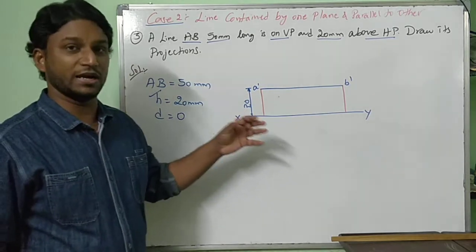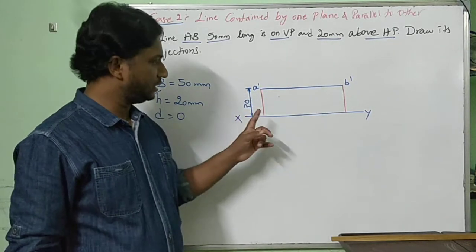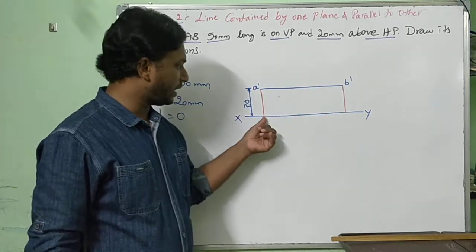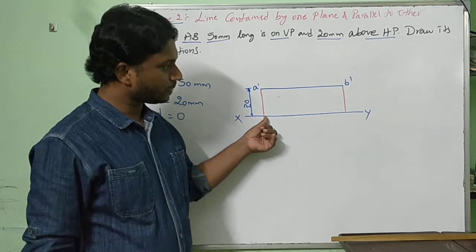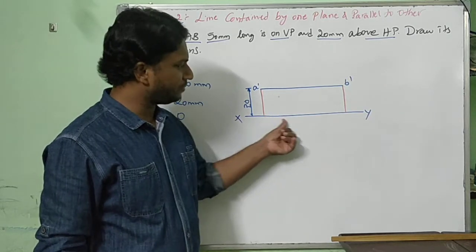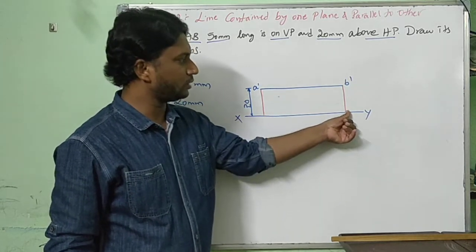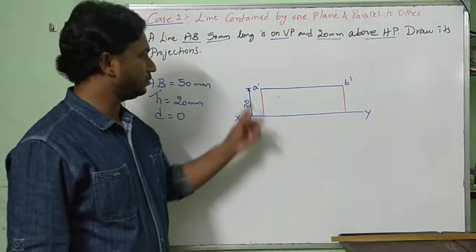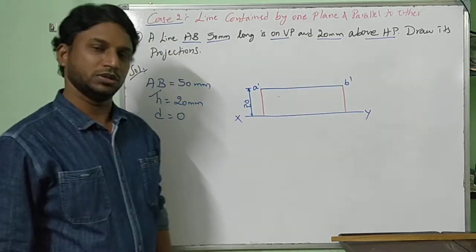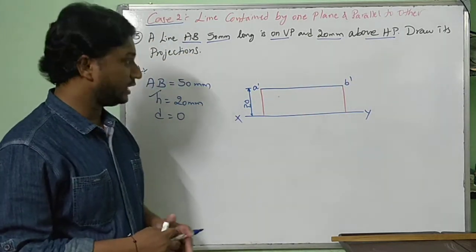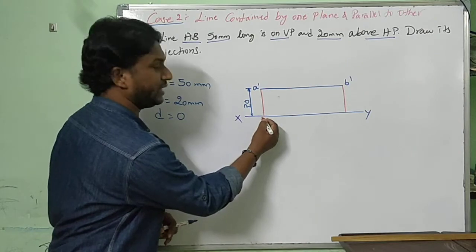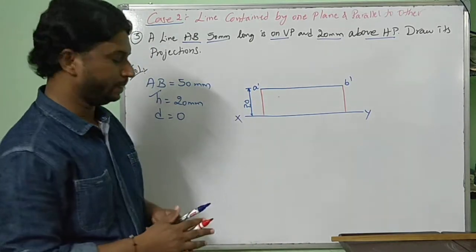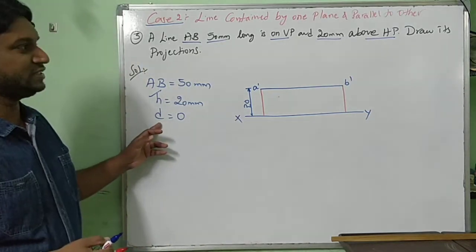See how to start, you may be confused. Just take any point, draw 20 mm height. Now on the XY line, from this point, measure 50 mm length. Keep a point. From there, start a vertical projector at 20 mm. Now after that you can join. That also will do. Now see, in projections of points you started just with writing it as O, then above, below. Same thing. Now distance D.